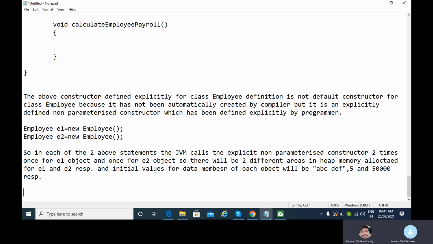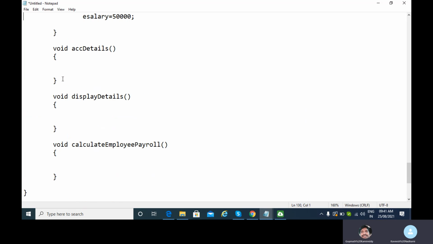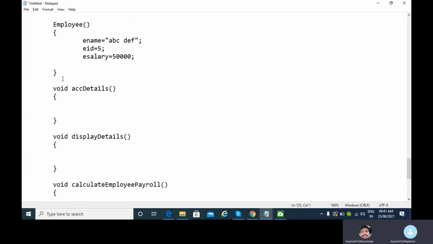Gopinath? Yeah. Okay. Also, one more thing I would like to tell you. See, here your Java compiler now will not create its default constructor for this class employee, since we have already explicitly defined the constructor for the class. Clear, Gopinath? Clear.